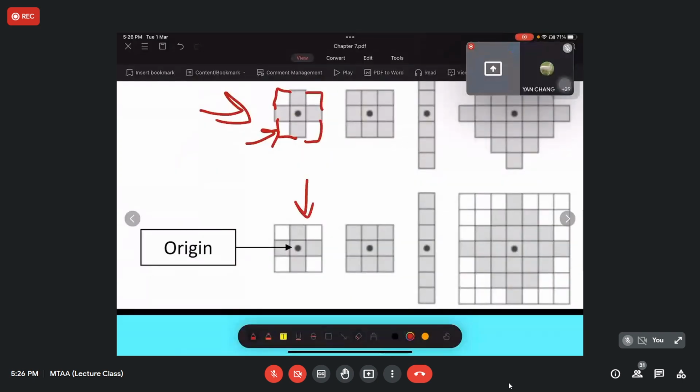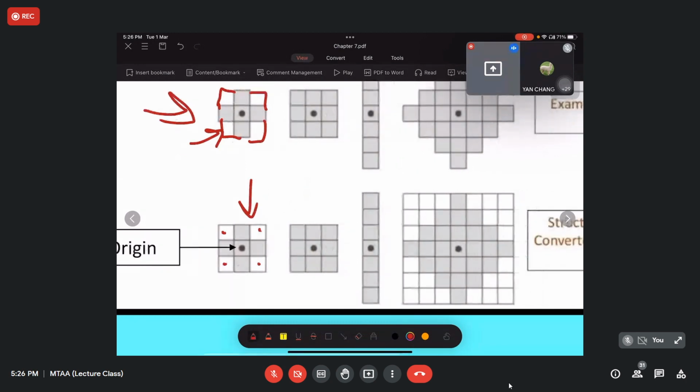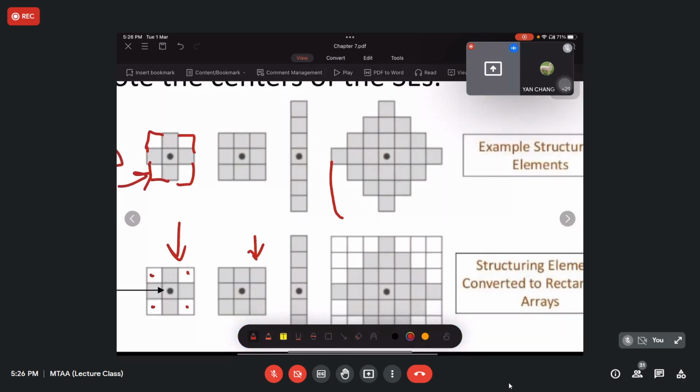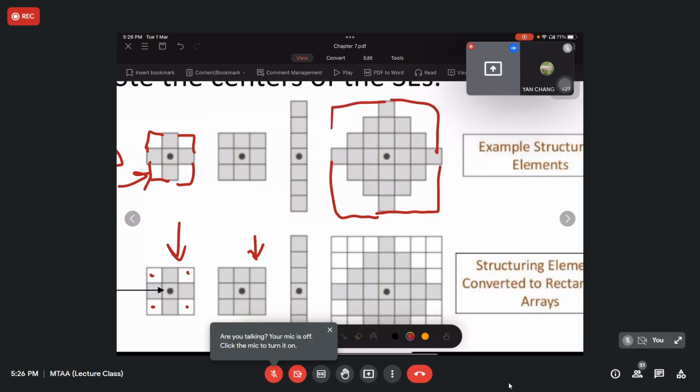So that is how the shape actually looks like. Of course without these pixels, they are empty pixels, and the origin is at the center point, reflected by the black dot. And for this one it is okay because you don't need any corner pixel to compensate. And for this one, you need an extra set of pixels to compensate at the corner here.